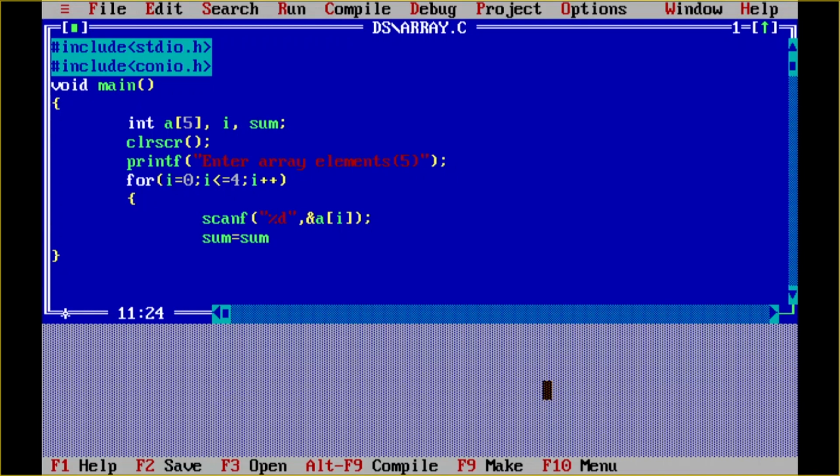Then the next value is 2, that will get added into the sum. So the updated value of sum is 1, that will now become 1 plus 2, that is 3. Then the third value will be added to 3. The previous value of sum is now 3, so 3 plus 3 is 6, and so on. So that's why we need to perform sum is equal to sum plus